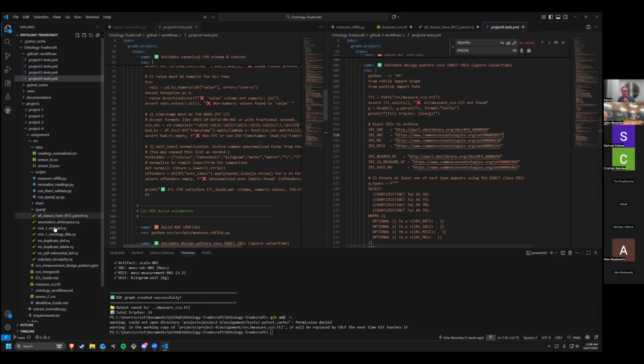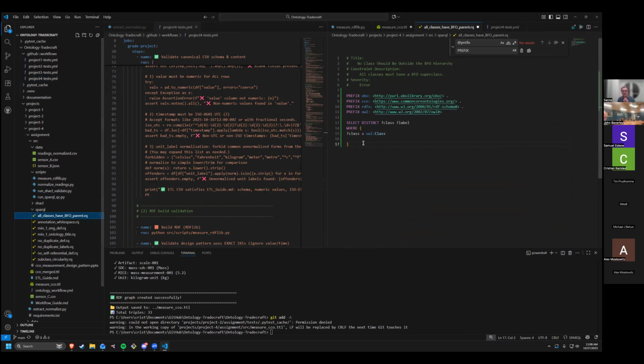But I don't know if anybody else is further ahead. I'm in the boring section of trying to write SPARQL queries. So if somebody else has more to share, I know John said Alex is